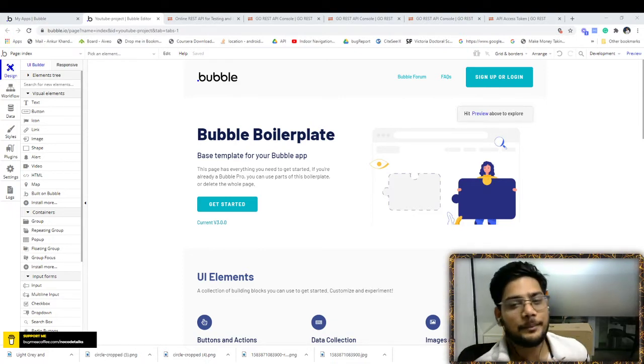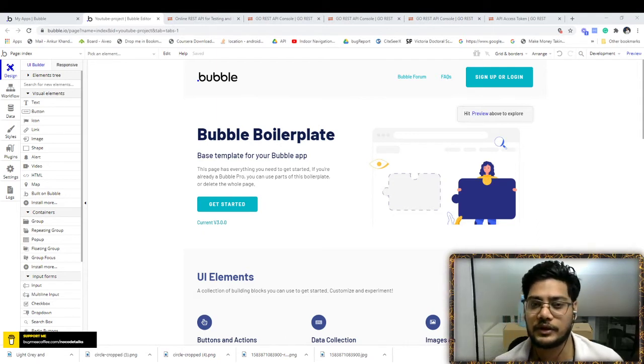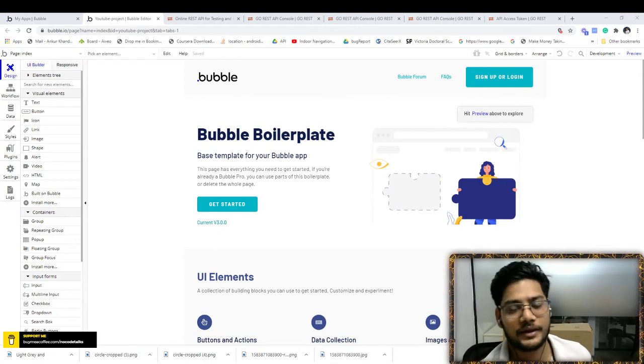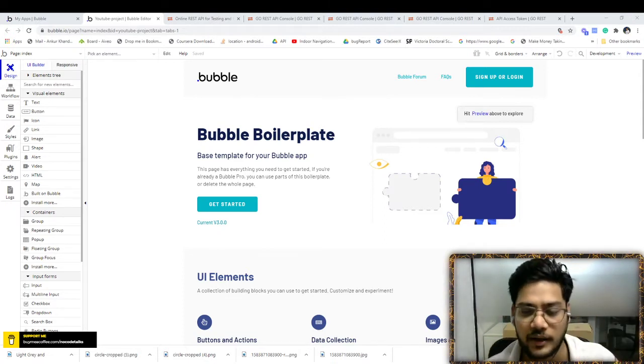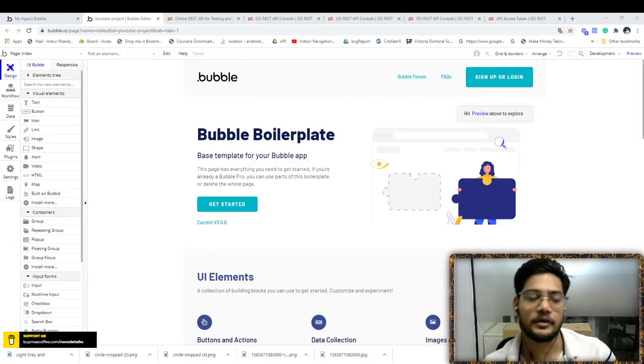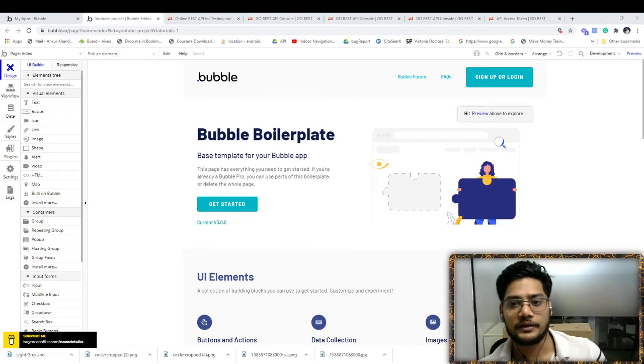Next is the put API. What is the put API? Put API is basically for changes. For example, there is a user profile and you want to change a lot of things, edit or update the profile. You will understand easily. Most of the time when we update the profile, we use a put API.